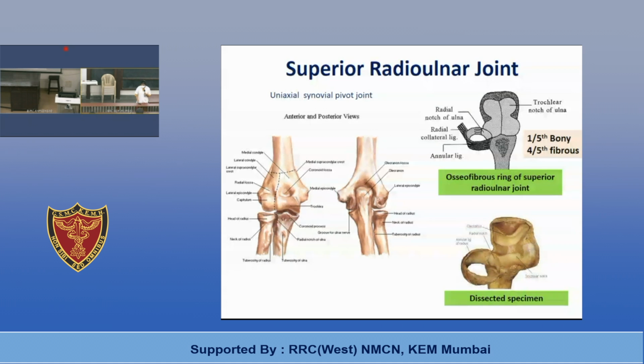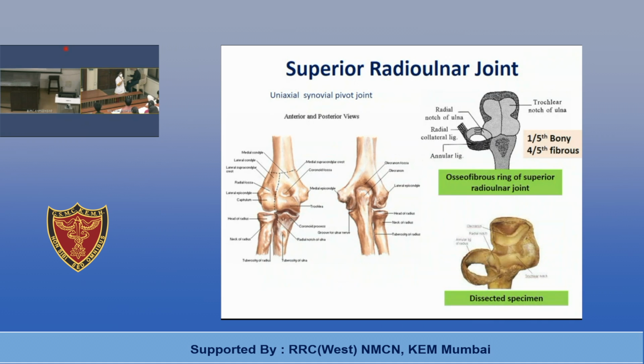Similarly for superior radioulnar joint also. So peripheral margin of the head of radius will be giving attachment to this fibrous capsule of this joint, which will again blend with the fibrous capsule of the elbow joint. Okay, and also along the peripheral margin of the radial notch, and it will blend with annular ligament because it is part of the joint itself. Okay, then synovial membrane. Where is synovial membrane of any synovial joint?